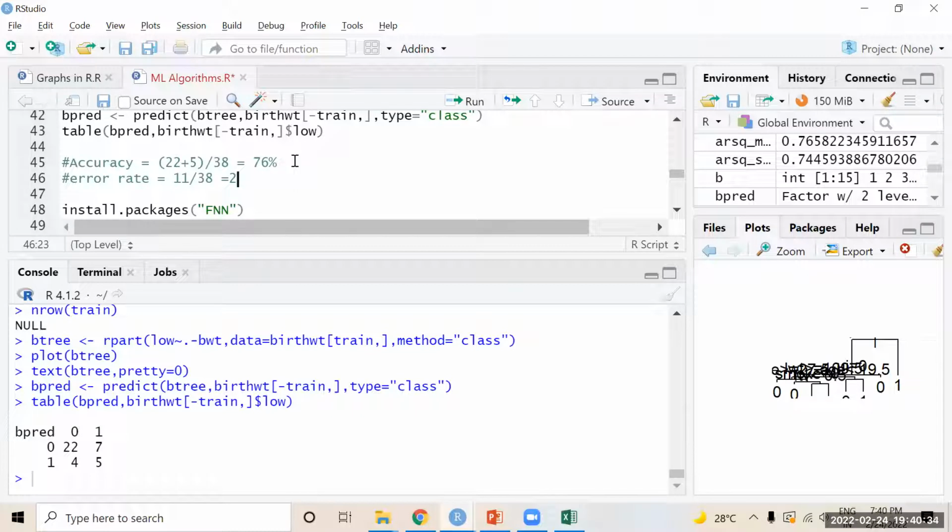Seven plus 4, 11 by 29 and 9, 38. So this should actually be 23 or 24.